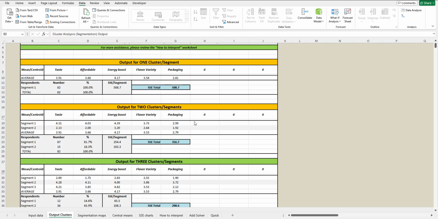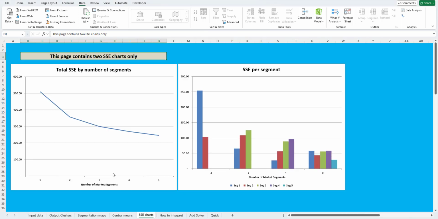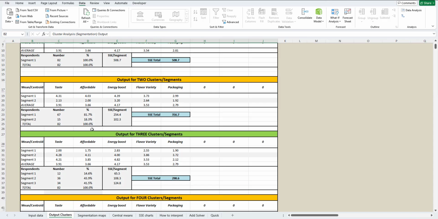Now, before you do anything here, go to the tab called SSE Charts over here, and there it'll show you the sum of squared errors for different cluster solutions. So remember the elbow rule. The elbow rule means that you need to pick the cluster solution where there's an elbow in the data, and the most prominent elbow is over here at 2 clusters, and so we're going to pick that, and so we look at the 2 cluster solution for this